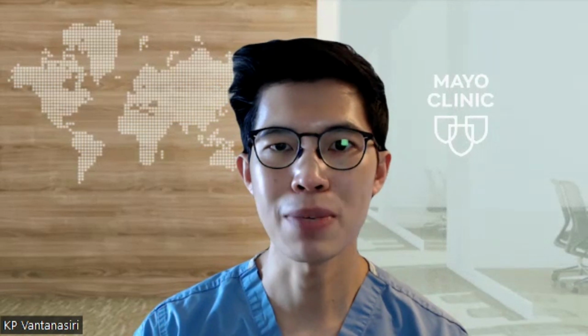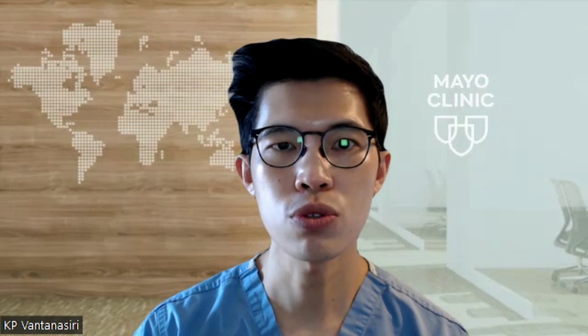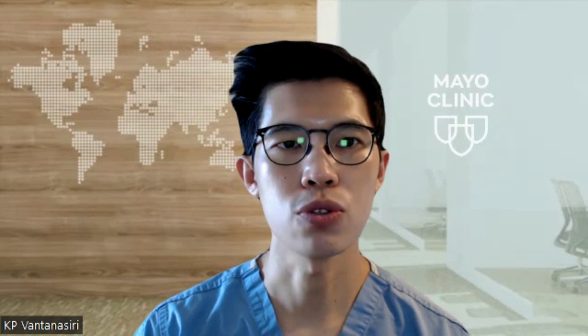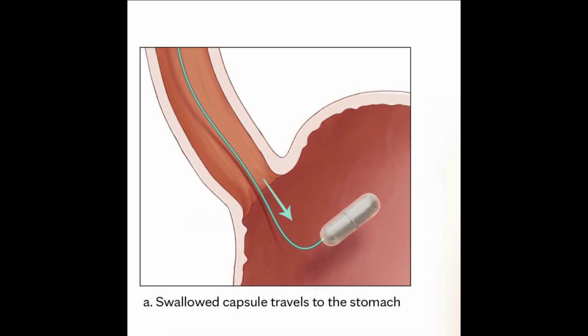Given these reasons, it is very important to look at potential alternatives, specifically minimally invasive non-endoscopic tools to help address these limitations of the conventional endoscopic approach. We then later discussed the use of swallowable cell sampling devices combined with biomarkers, including Cytosponge with trefoil factor 3, EsophaCap with DNA methylation biomarkers, and EsoCheck, which are all now being acknowledged by several society guidelines as alternatives to